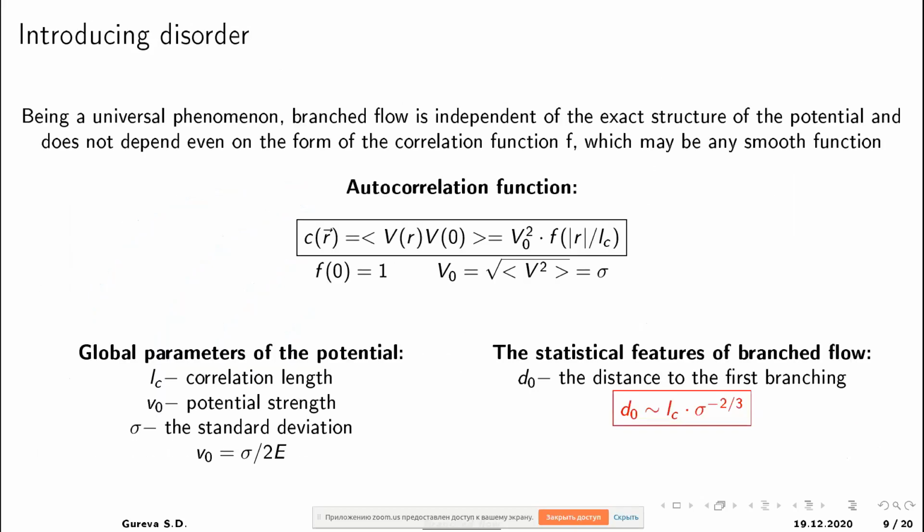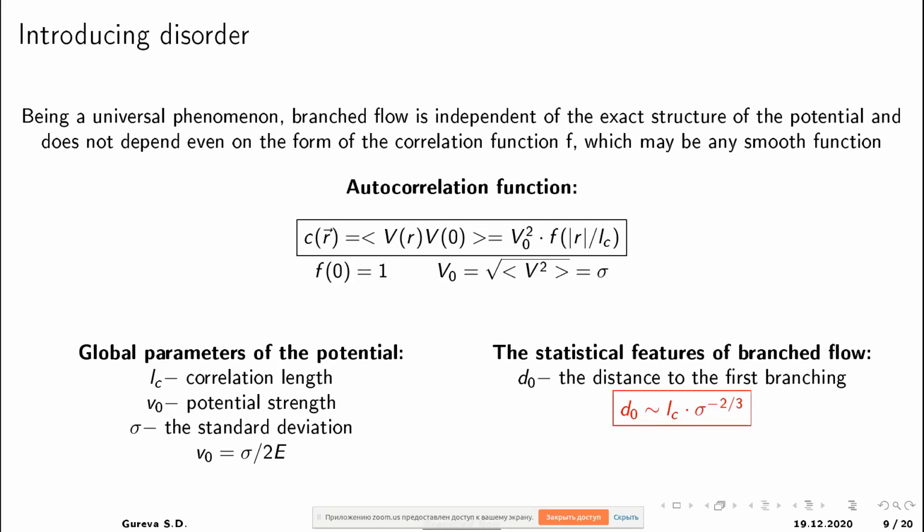From mathematical statistics, it can be shown that there are features of the flow that do not depend on the kind of correlation function in our potential, but only on some global parameters, the correlation length and potential strength. The distance of the first branching has the following dependence on the correlation length and potential strength, and this formula is quite intuitive